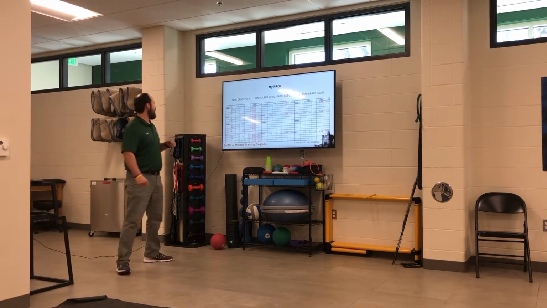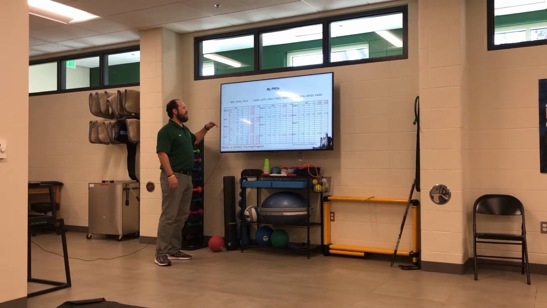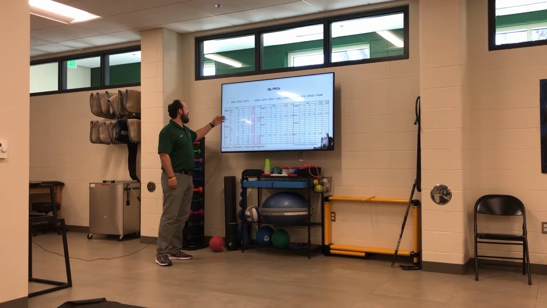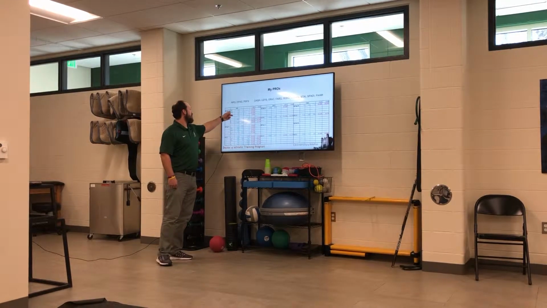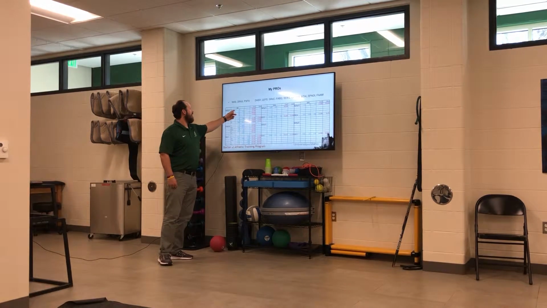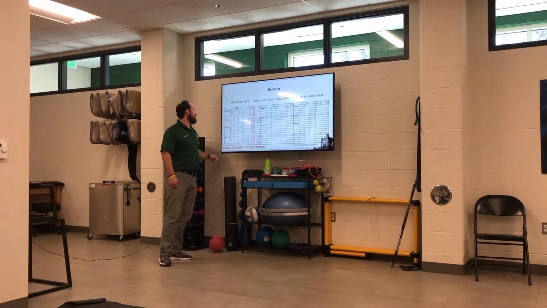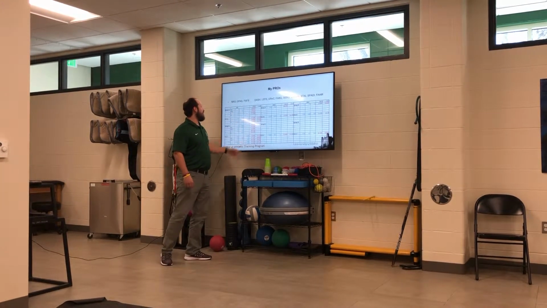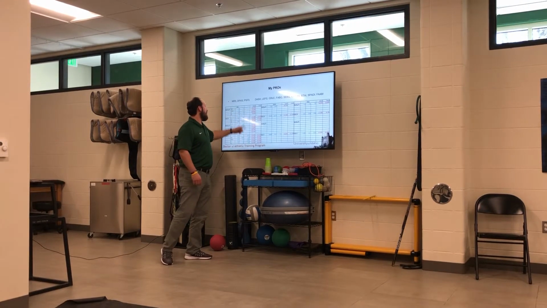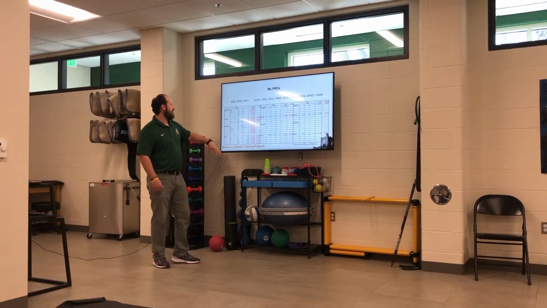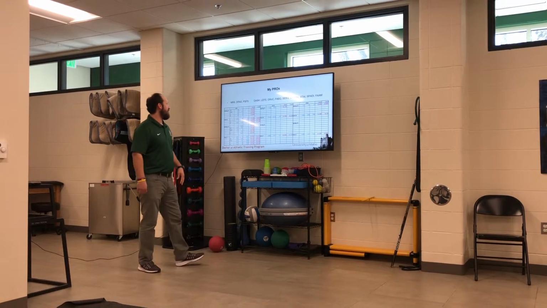You probably can't see these numbers very well, but I'm just going to point out some general observations I made here. So this is just like the mean. So for spring, this is their mean weight bearing, first visit, second visit, third visit. And then this is their percent of change from first to second, and then first to third. As you can see, there's a lot in here, especially in the spring 18, my first one in here.